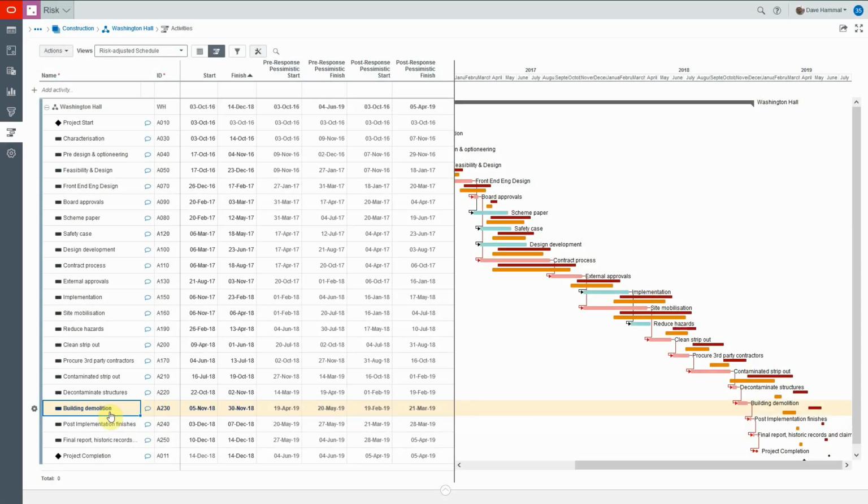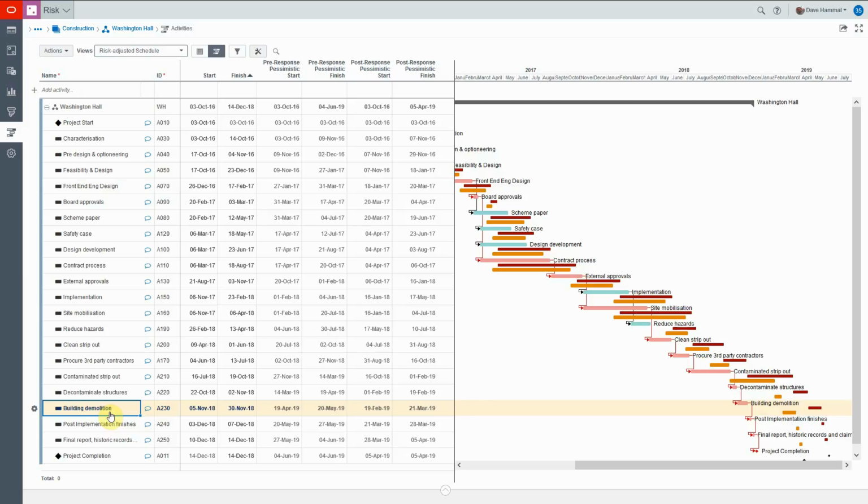Again, because everything is here in one place, we can also see those impacts from risks directly into the schedule. Here we see both the pre-response bars in dark red and how much we could pull back if we implement those response plans. Prime has shown us how managing risk, schedule, and cost in the one place can firstly help